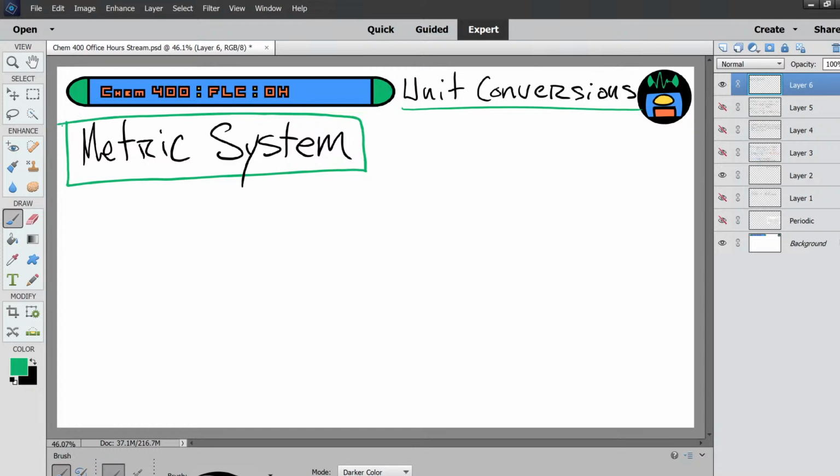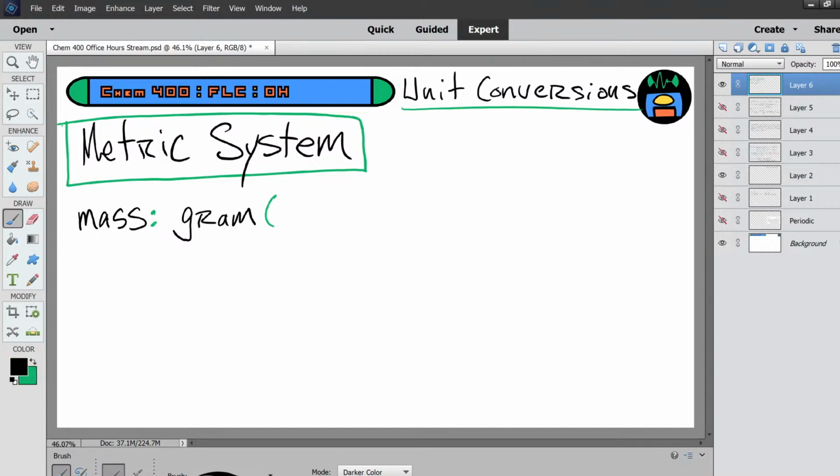The metric system has a standard unit for mass, which is called the gram,